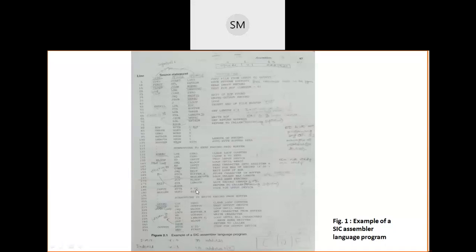Remember, the hexadecimal code for the input device is F1. F1 is enclosed inside single quotes and prefixed with capital X, so it is a hexadecimal code. If it is capital C, then we should call it a character constant. This is a character constant and this is a hexadecimal constant.